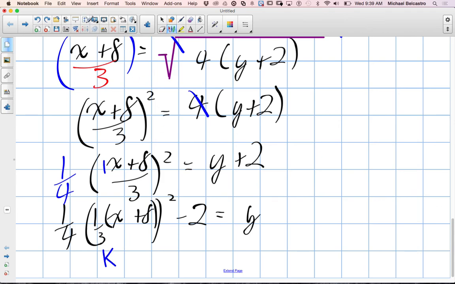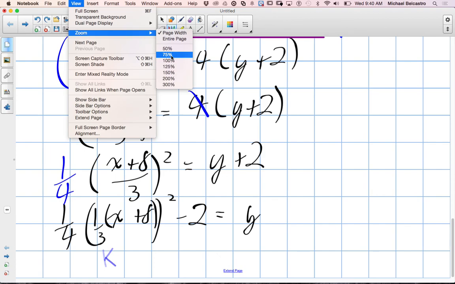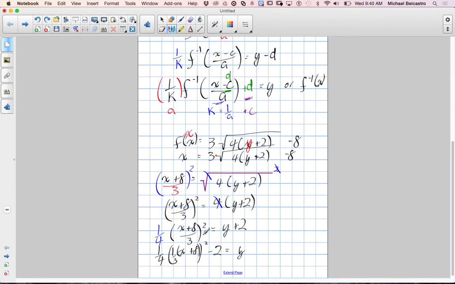And if I just change our view, we'll go up just a little to the original. Let's go to 75. There we go. I just want to draw your attention to 1 over 4, okay? Our new a value is our inverted k value. Our c value is the opposite of what our d value was. Our new d value is the opposite of what the c value was. And our k value is the inverse of whatever the a value was. Okay, so for our inverse functions, our letters kind of switch places and our values become